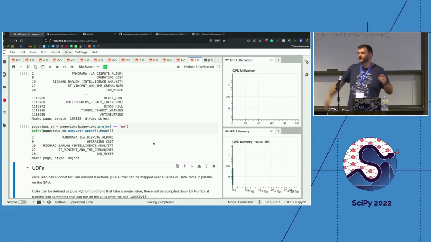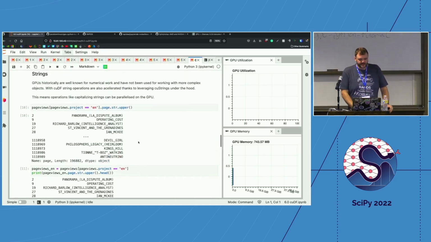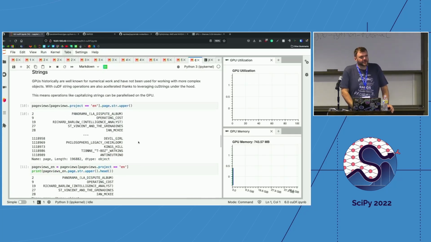So if you're going to go over a column and uppercase everything, one thread will get a row from that column, and it will just work through an uppercase. We've got all this stuff written for doing those kinds of things. And cuStrings is a really interesting library because we see these things being used in different ways. I remember somebody telling me a story about